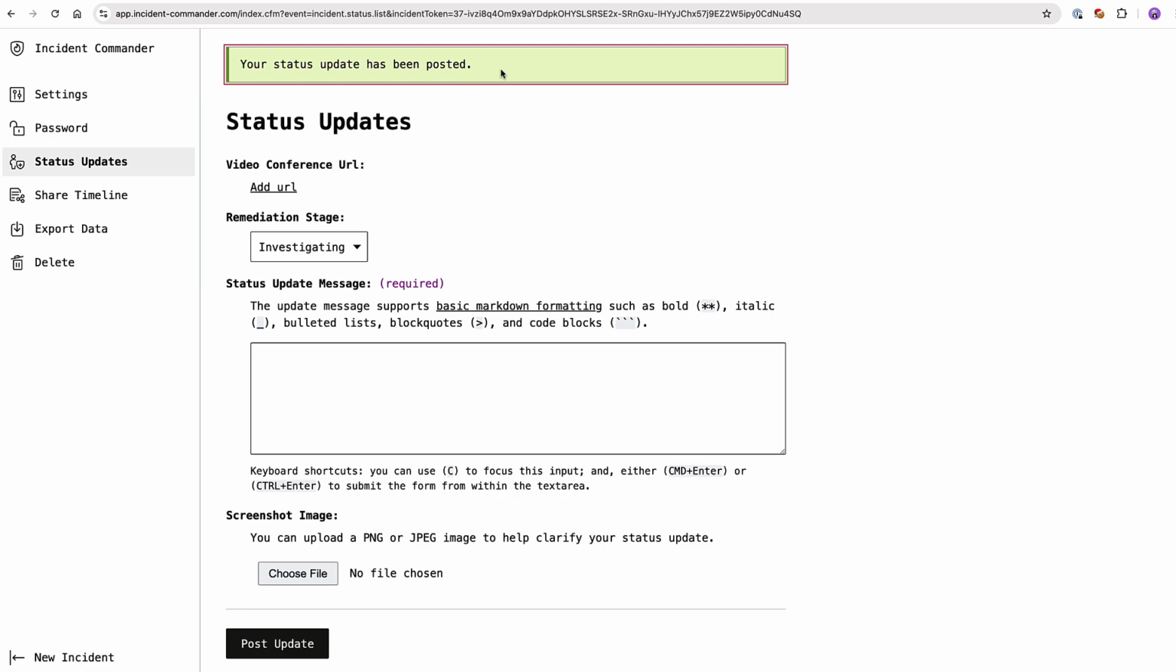This is also an ARIA live region, so people with assistive technologies should receive this message that the status update has been posted. What I'd like to be able to do is move focus back to my input area, but I don't want to interrupt the message being read by the assistive technology. So what I've opted to do is use a global keyboard shortcut, C, to explicitly move focus back to the